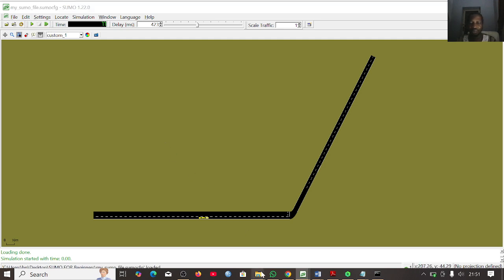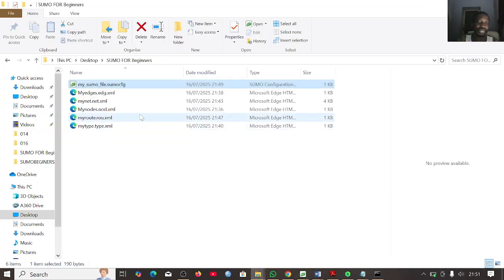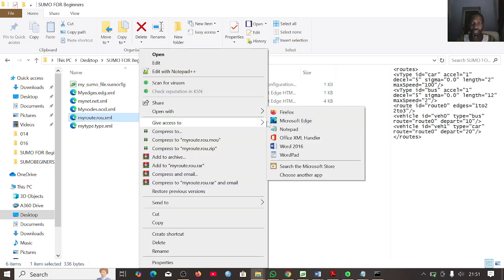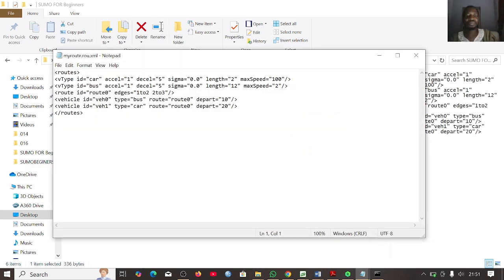So now you come to your folder. Go to the root file, then open it with the notepad. Here you see this is 2. So let's just make it 50. You see the 50 is above the road permissible speed of 45. So that means the car and the bus here are supposed to move